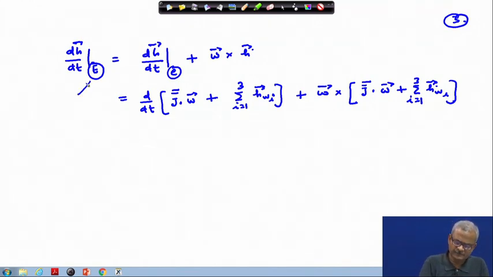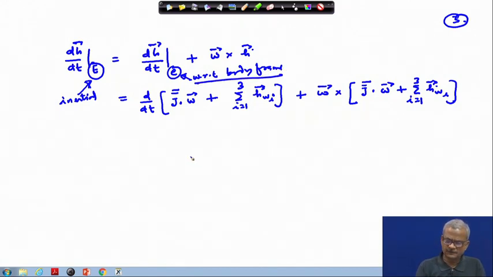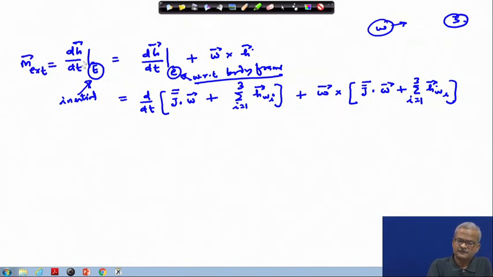So, why are we converting it from the inertial frame to the body frame? This is in the inertial frame and this is with respect to the body frame. The reason is very simple: the omega that you measure is directly measurable in inertial space. Sitting on the earth, we do not measure the angular velocity of the satellite. The instruments are on board the satellite, and those instruments, the rate gyros, are measuring the angular velocity of the satellite. So, it is natural to describe this kind of system in terms of the body frame itself. This is your M external, the torque acting on the system.